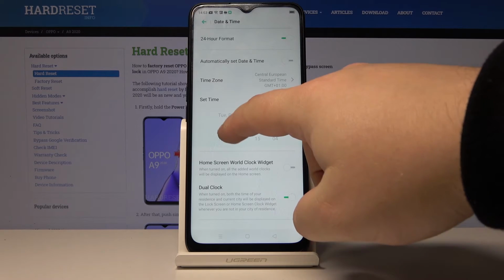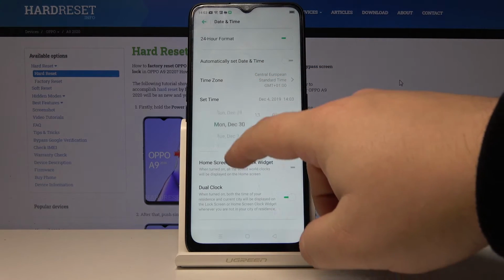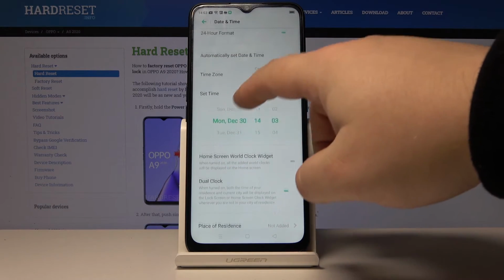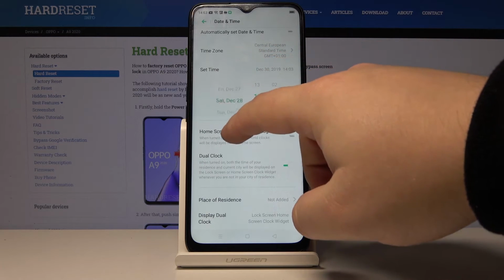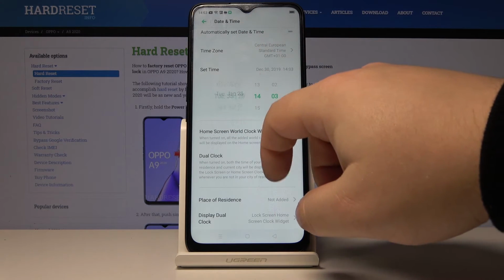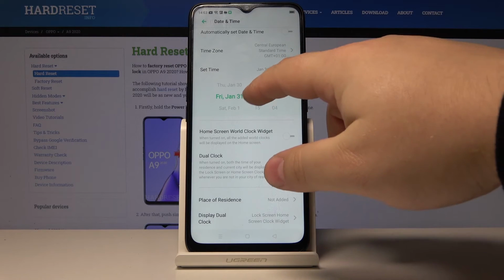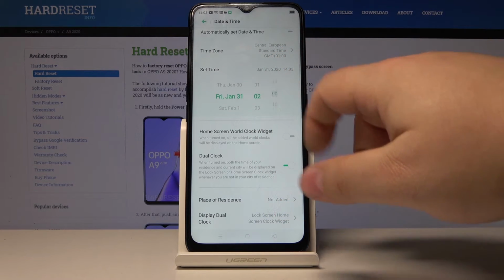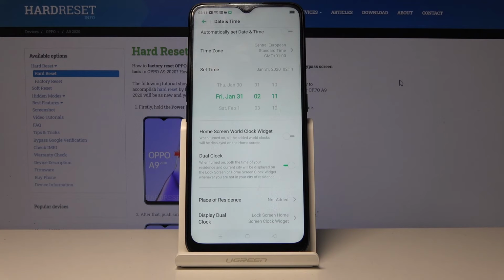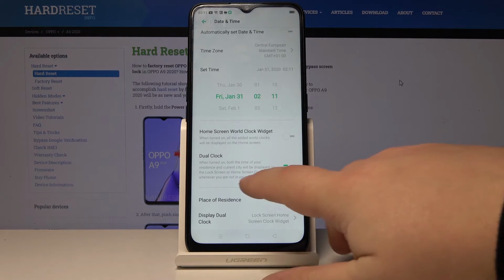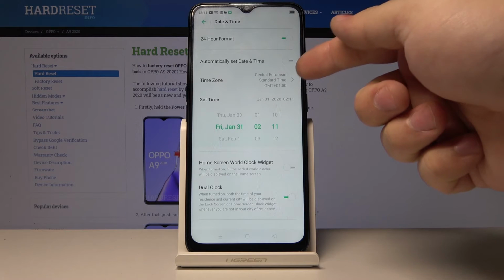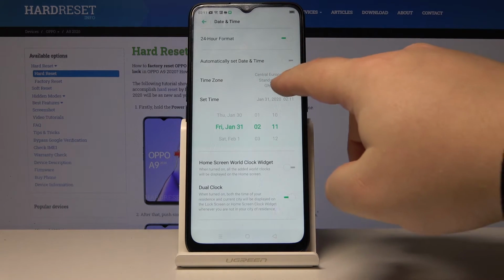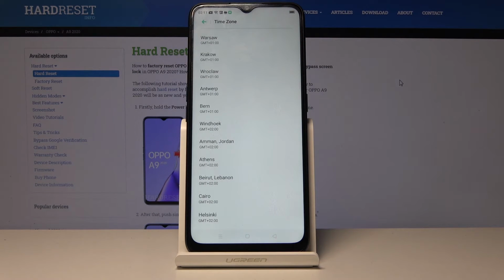For example, you can change days right here by just swiping up and down. Here you can change hour and minutes right here. You can also change the time zone right above, so let's tap on it, and here let's select one, for